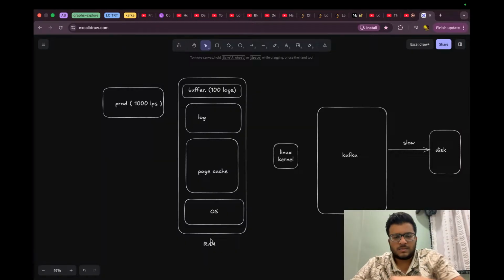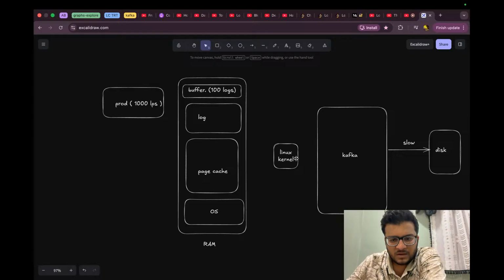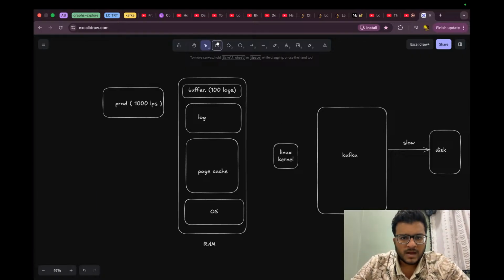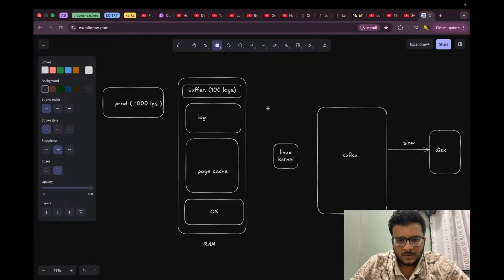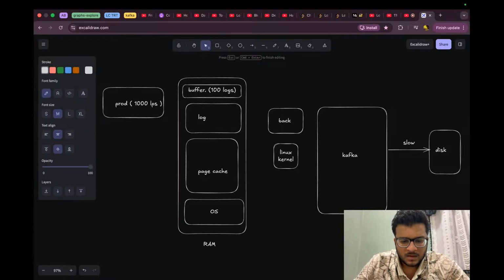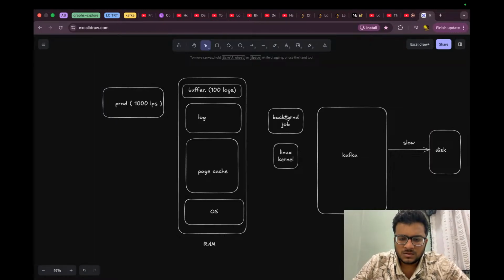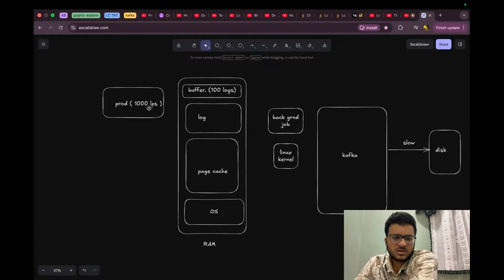Coming to this, the Linux kernel will be running a background job whose duty is to see if this page cache is full or not. And obviously, if your producer is producing 1000 logs per second and your buffer is also 1000 logs,